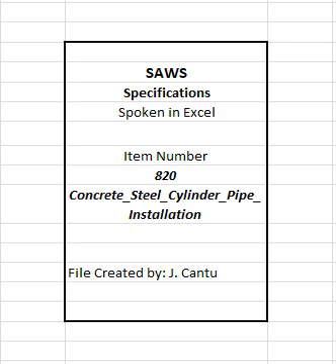820.4 Materials. The materials for concrete steel cylinder pipe installation shall conform to the specifications contained within the latest revision of SAWS Material Specification Item No. 05-20, Pre-stressed concrete pressure pipe steel cylinder type. 1. Only AWWA C301 and AWWA C303 CSC pipe is allowed. 2. Only CSC AWWA C301 or CSC AWWA C303 pipe for 24-inch and larger is allowed.